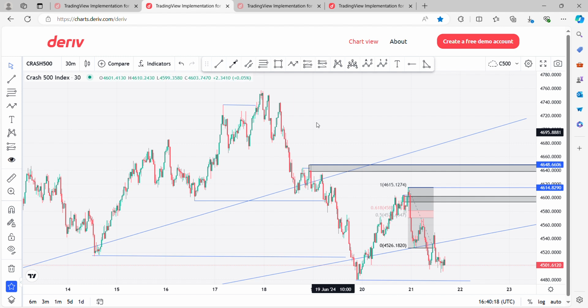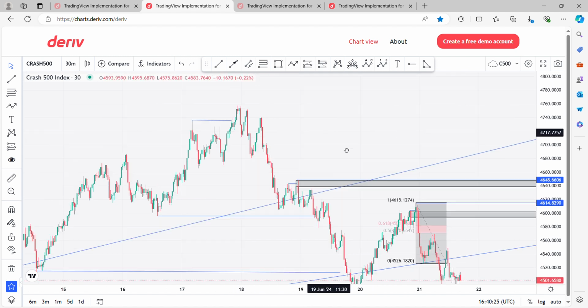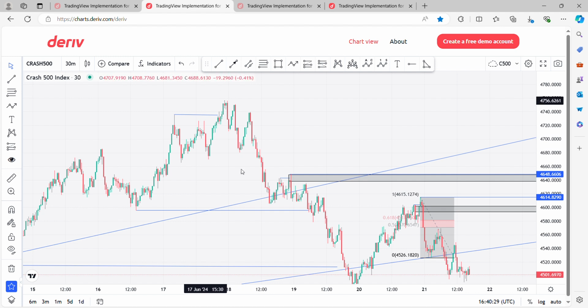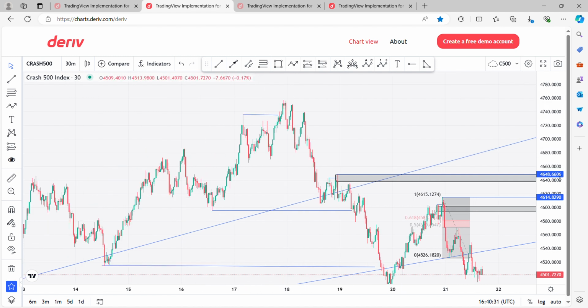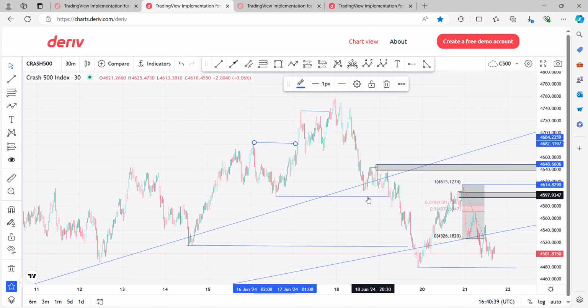As you can see, price is doing the same thing again. A liquidity was taken out. This liquidity was taken out. Now price gave us a structure, and it started selling back. So what are we expecting? We are expecting this price to just take this out. We are taking this out. What next again?